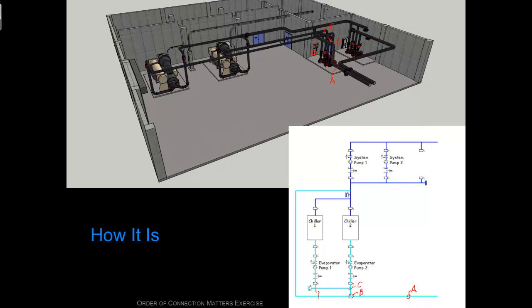So there's point D. Not sure why it's so sensitive down there, but it seems to be. Okay, so there's point D. So now, I need to follow one of the run branches out of the T's, and since I'm at point D, I'll just follow that one, and it goes down through the pump. So we're at point D, we drop down through the pump, then we come out of the pump, and I